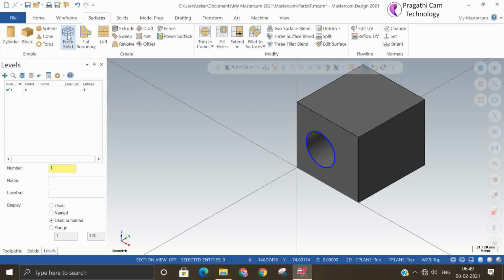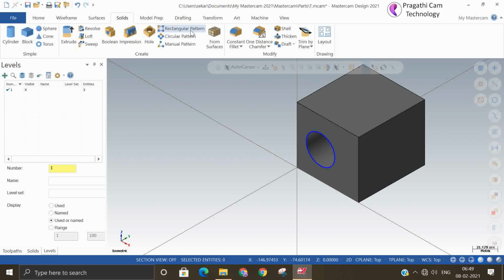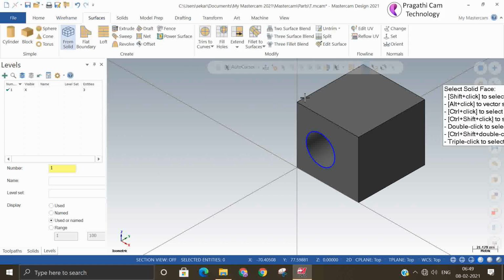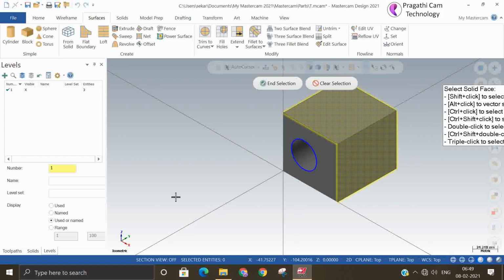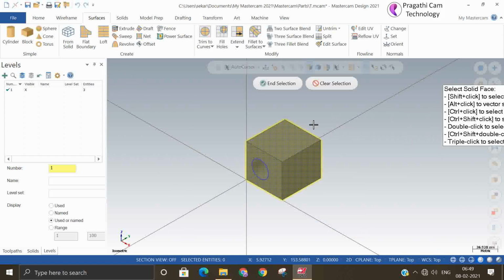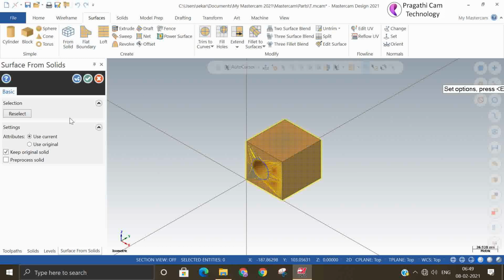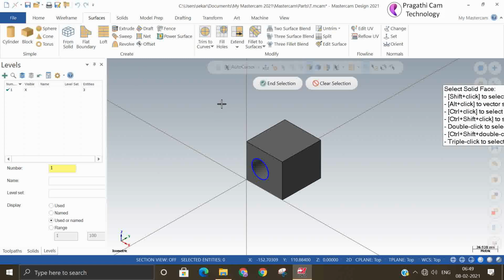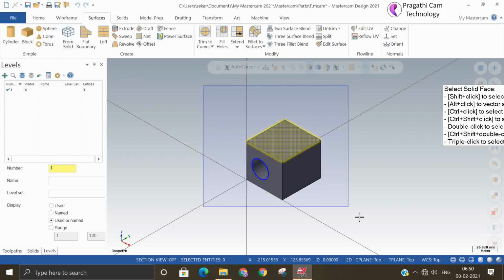Okay, the From Solid option is given. Here you can see from solid to surface. You can do this vice versa. You can select the entire solid model. So now I just convert it into a surface model. Now you can see it has created this surface model. From the solid model you are just converting into a surface model.